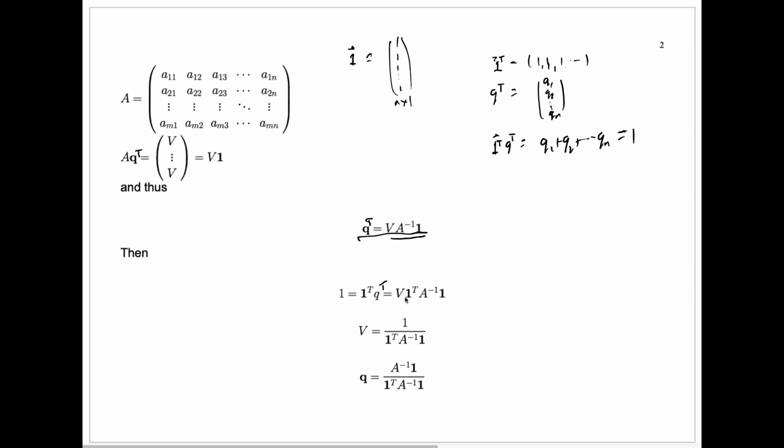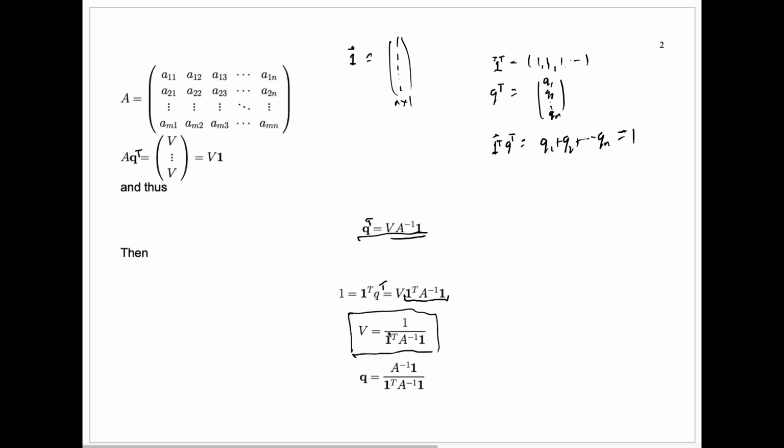And we can then divide by this quantity here, which is just a number. Remember, 1 transpose A inverse 1 is a 1 by n vector times an n by n matrix times an n by 1 vector. So it just ends up being a 1 by 1 matrix, or a number. It can't be the number 0 since 1 is equal to the value of the game V times that number, so we can divide by it and get a formula for the value of the game